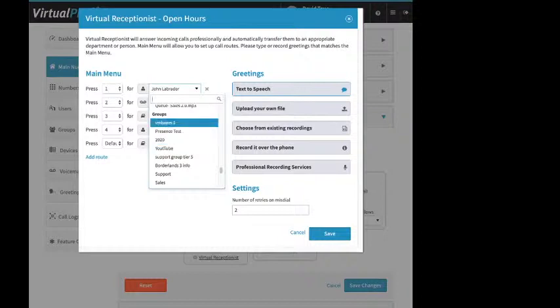Groups, shorthand for ring groups, right? So this is like a department, right? Group of people who answer calls related to a similar topic, or they have a similar role. Right? ACD queues are an advanced version of groups, which is why they have the